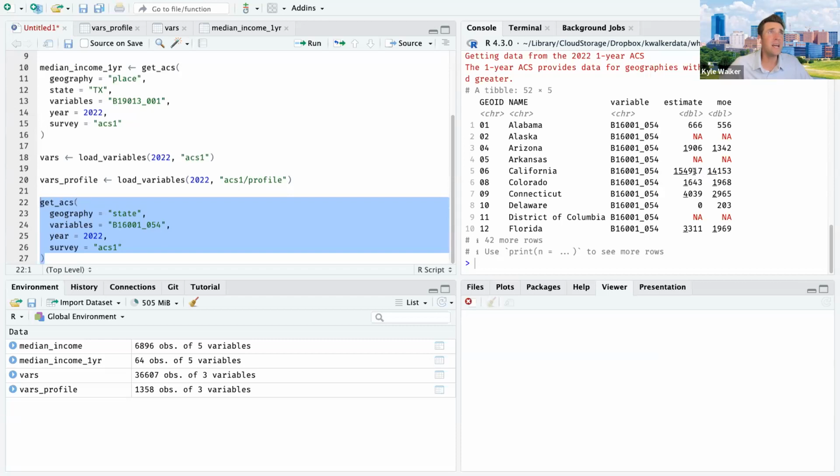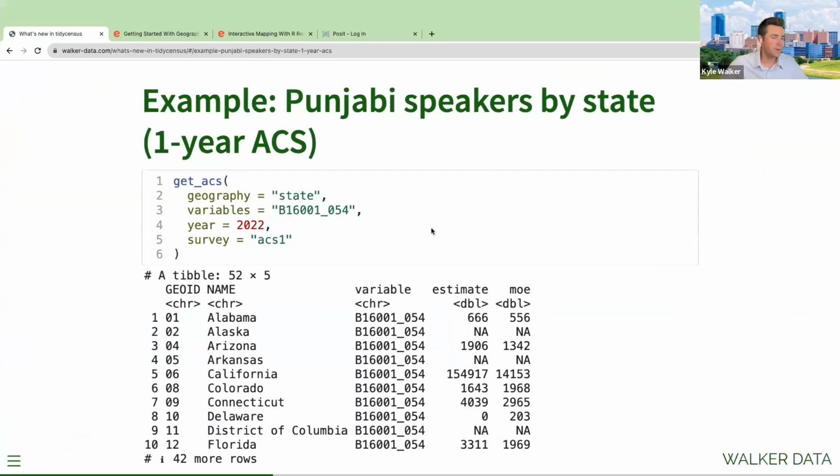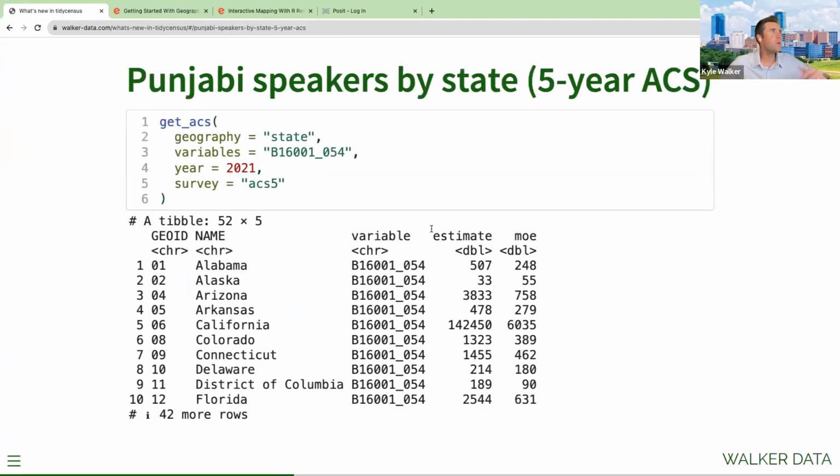For larger states like California that are going to have a larger Punjabi speaking population, then you're going to get a more robust estimate that you can work with, but this is something that you need to be mindful of. And so we can take a look at this data then, going back here from the 5-year ACS. And we don't have 2022 5-year ACS data yet, but we can look at it from last year's data from 2021. And if we run that code through,